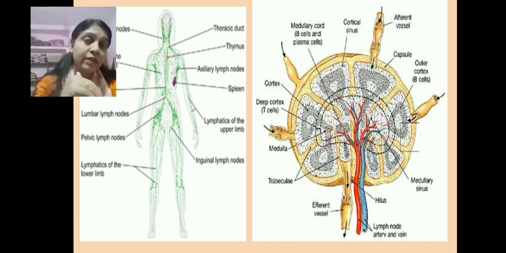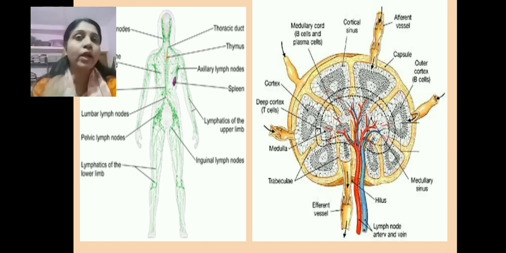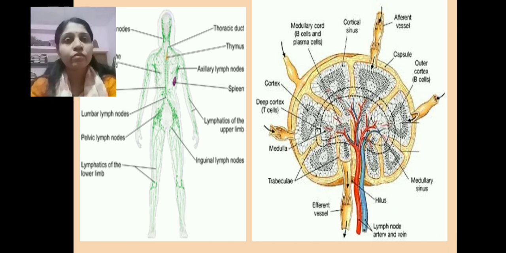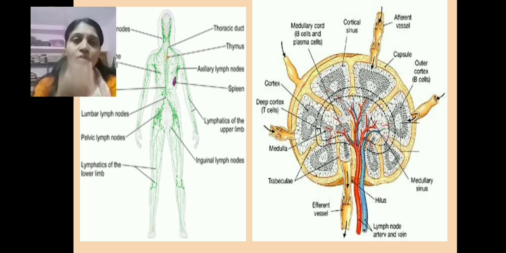Now along with the lymph, it carries the different foreign particles collected from the different sides of the body, and here it is filtered within the lymph nodes. Whenever it passes through, firstly it passes through the cortex. Within the cortex there is the presence of B lymphocytic cells, which means here is the site for the proliferation or activation of the B lymphocytic cells.